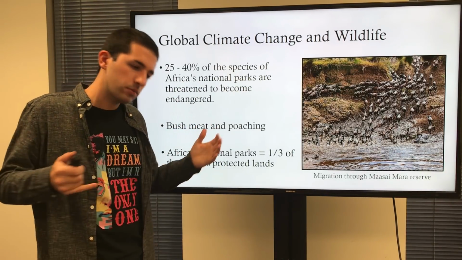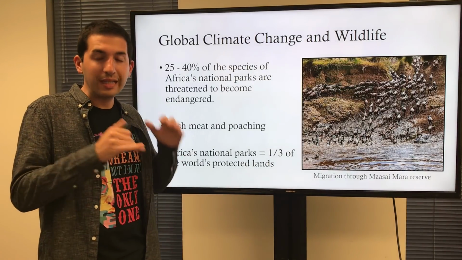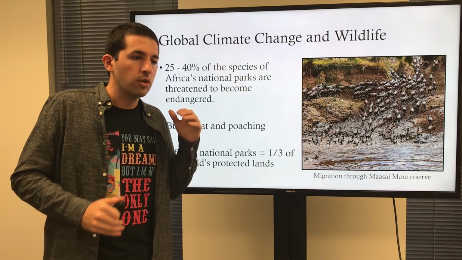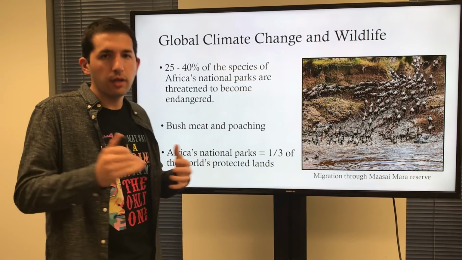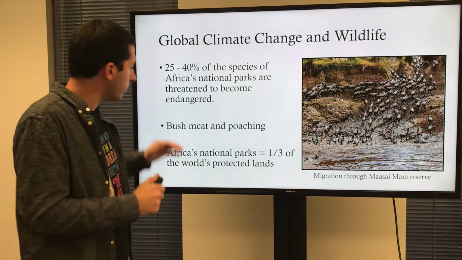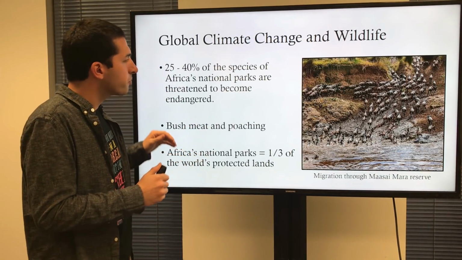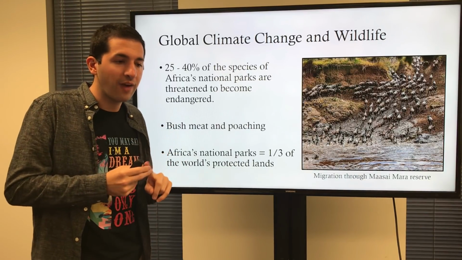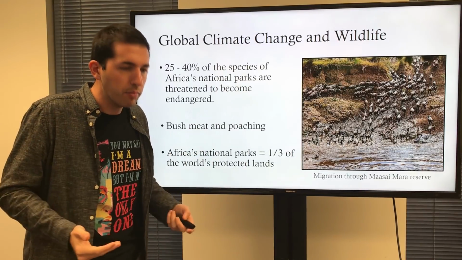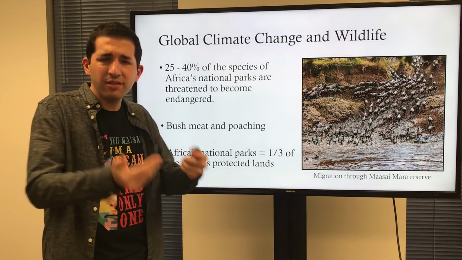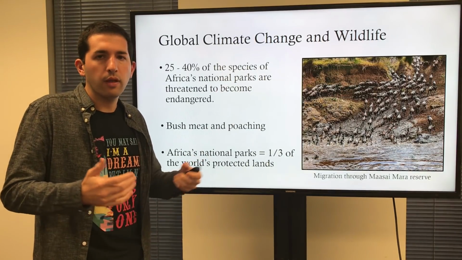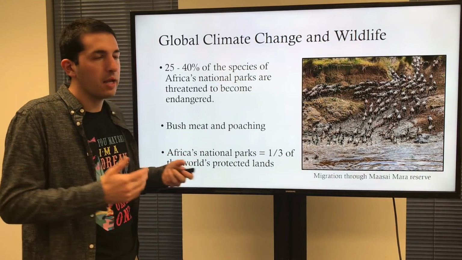Why? Well, obviously there's different climatic forces at hand: drought, too much rain, getting hotter. There's other factors here, which we'll talk about. We're not going to oversimplify it that much in just a moment, but we've got to go in order here and understand. Also because of the environment, bushmeat and poaching. Well, why? When more farms fail, there's a greater reliance by the local African people on bushmeat and poaching.